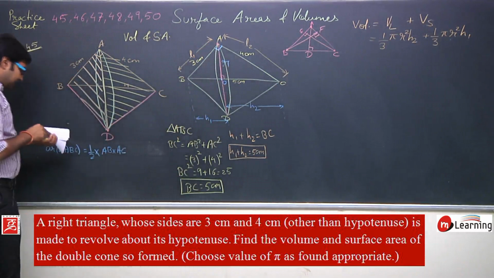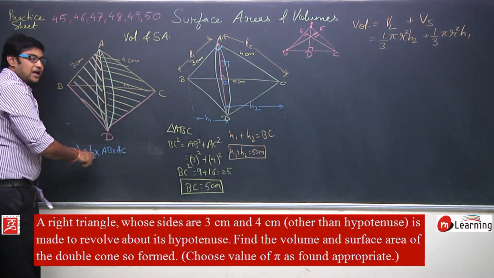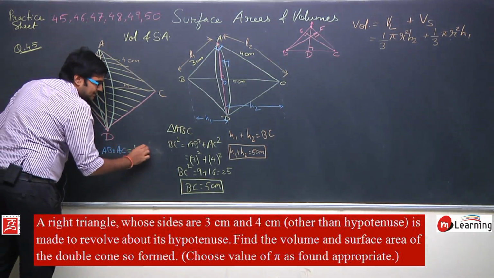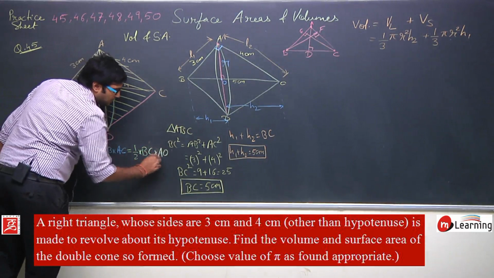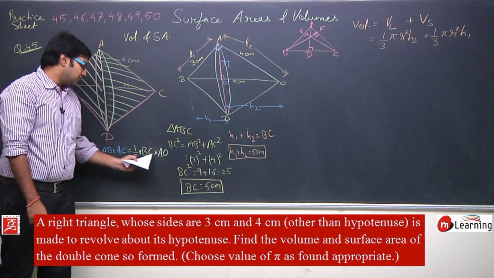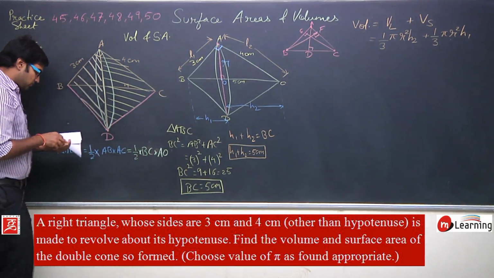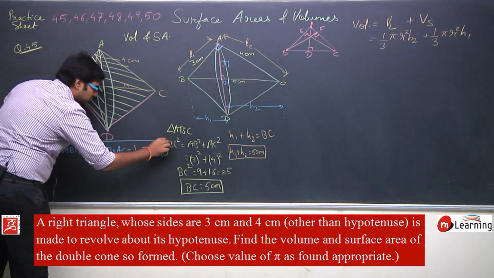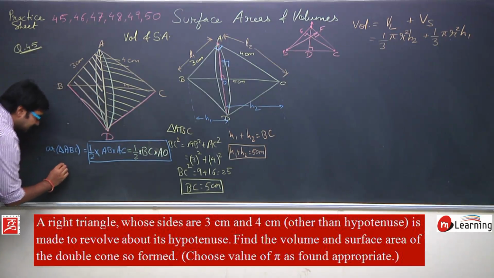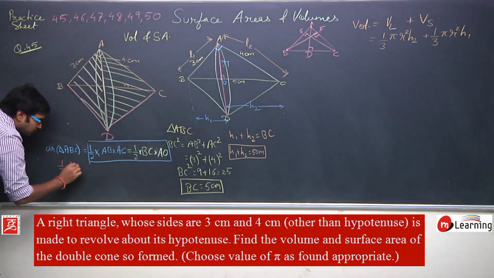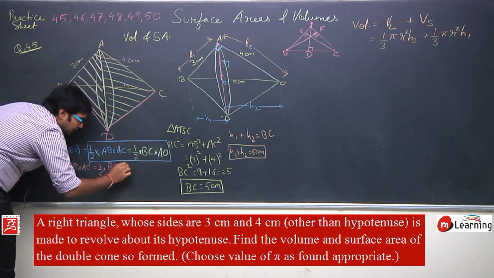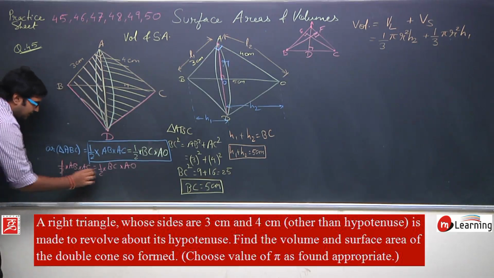So I can say that the area of triangle ABC, which we wrote as half AB into AC, I can write as half into base BC into height AO. I can also write it this way. Okay, half into BC into AO. Now if I consider only these two values, just consider these two. We can see it is written as half into AB into AC is equal to half into BC into AO. Now half and half will get cancelled.